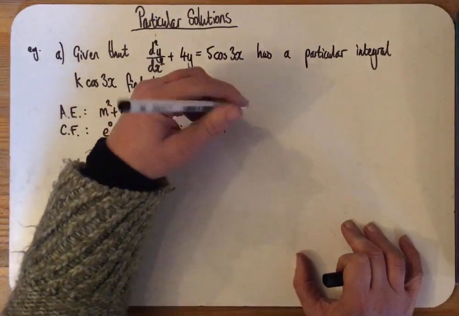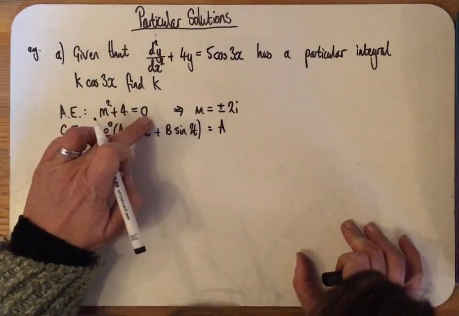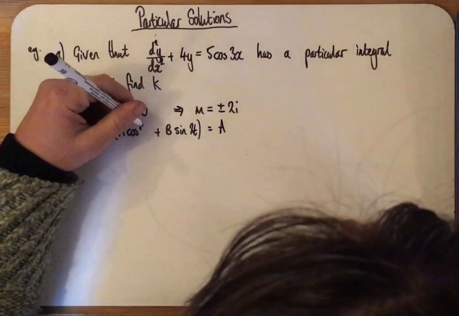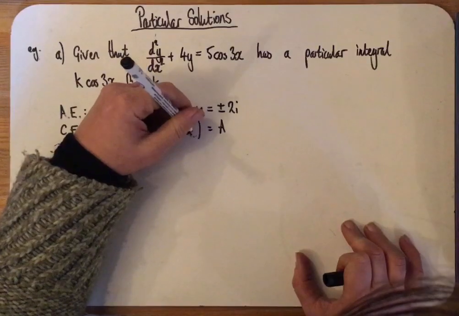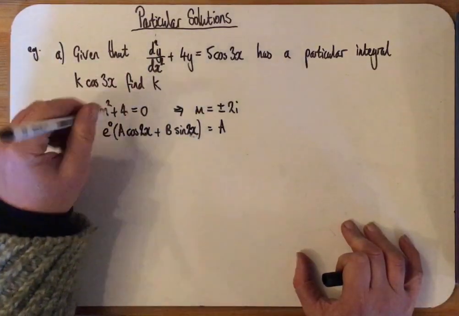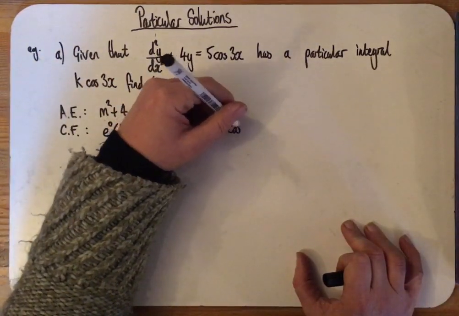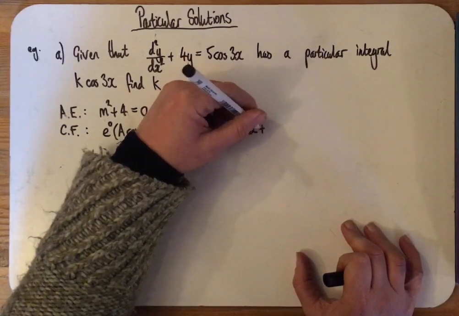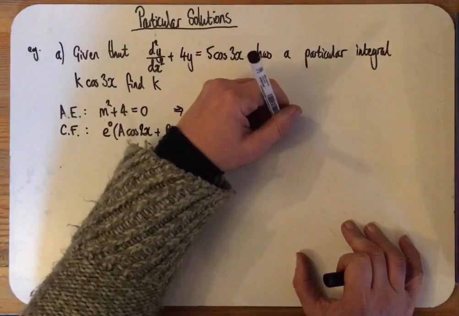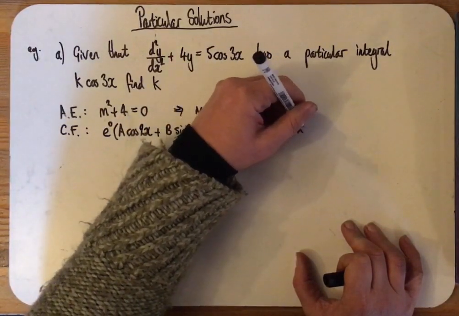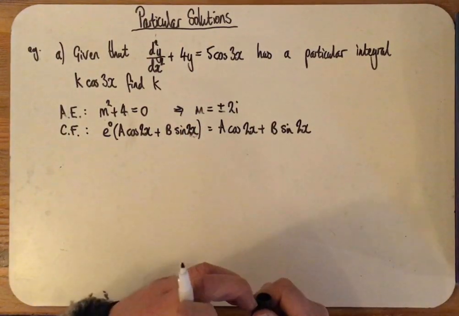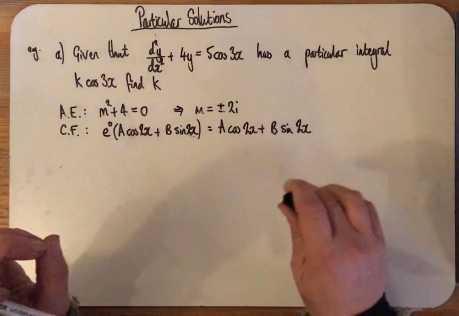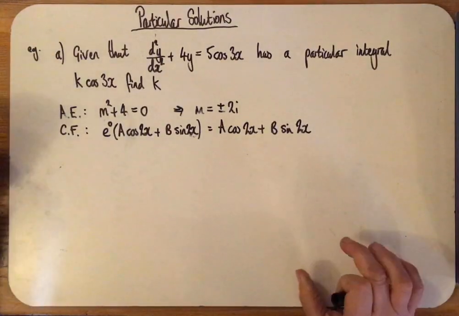So we've got a, oh, I didn't go into x's. My example earlier was in x's. A cos 2x plus b sine 2x, where e to the power 0 is 1. So we get a cos 2x plus b sine 2x from there. Then using the particular integral, k cos 3x,